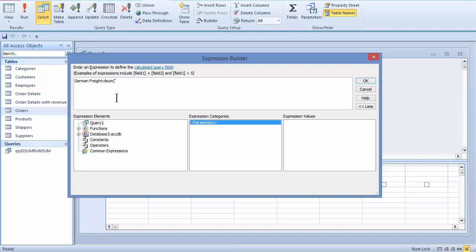Now remember, I have to start with a quote, so I'll go ahead and put in my quotations and I'll type in the name of my field, which is freight. Close this with a quote. Then I'll start with another quote. I have to put in a comma, which tells me that I'm on the way to my domain. I'm going to go ahead and type in the name of the table, which is just orders, and then close that with a quote, and then a comma, and then start with another quote. And I'm going to say ship country is equal to